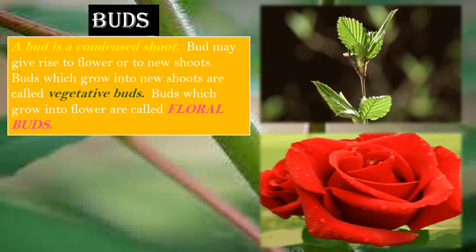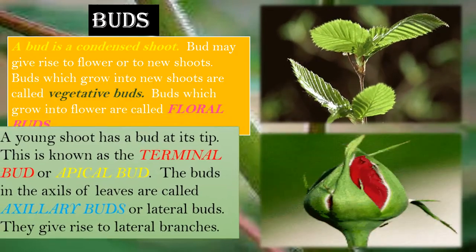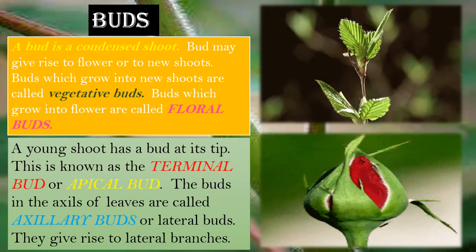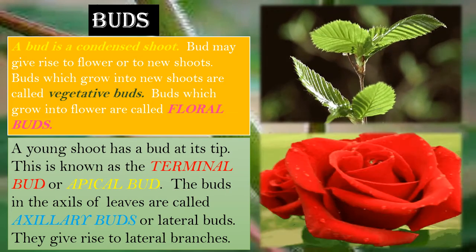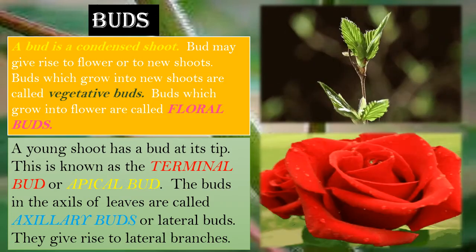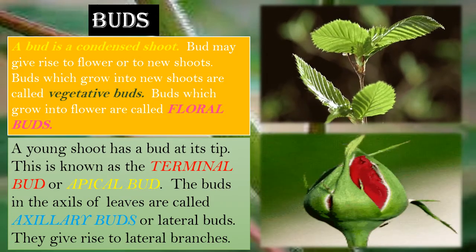Right, student? A young shoot has a bud at its tip. Clearly seen in the picture. This is known as the terminal bud or the apical bud. In the picture you have seen clearly